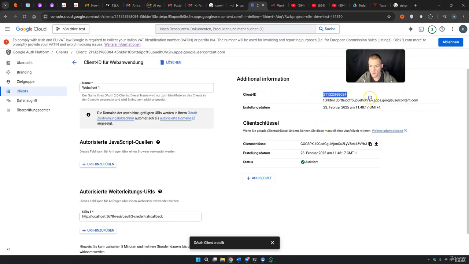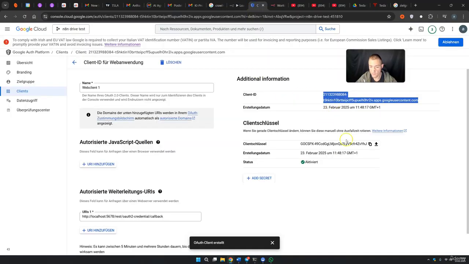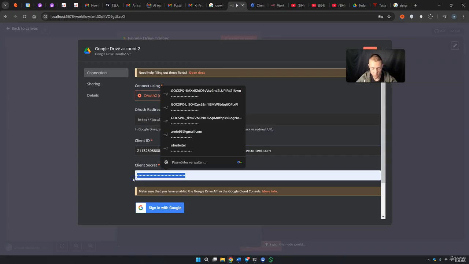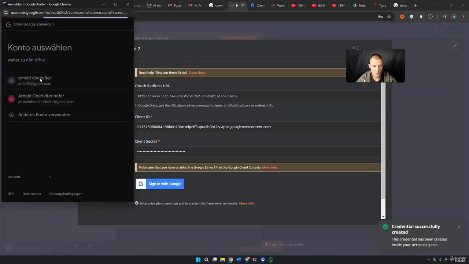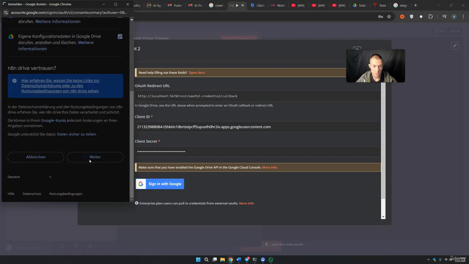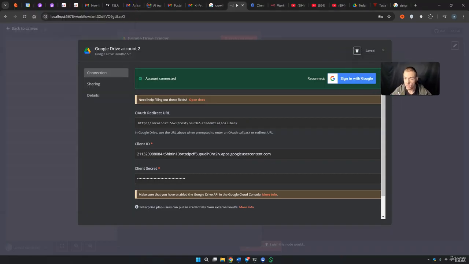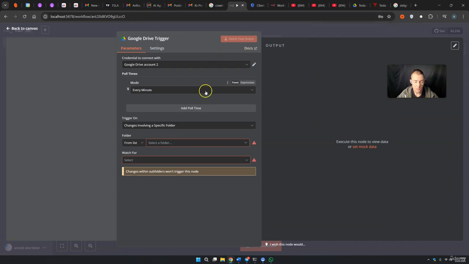The client ID of course, we copy this. We come back into N8N, throw in the client ID, then the client secret key, we copy these, come back into N8N, throw it down here, and now we sign in with Google. We use our profile, we go on, we accept everything, and go on. Now this thing will be green, hopefully once again. We can close this down, we can also close this down, and now you see that this thing is connected,